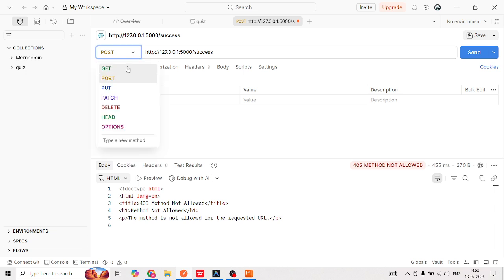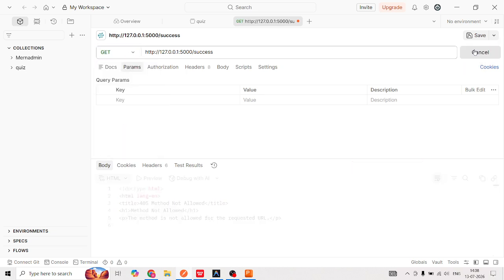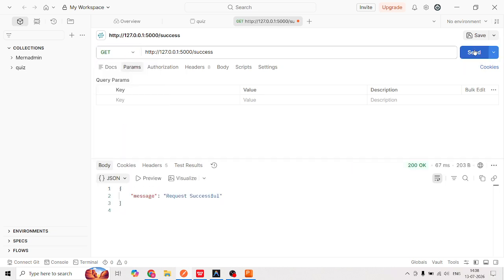If I go back to the GET method and send that request, then the server will process it and send back the correct status code, which is 200, because we have declared it that way. So for the 200 series, the first status code we have declared here is 200. For example, if we want to see 201, I will use the endpoint create, which is already declared in the server code, and